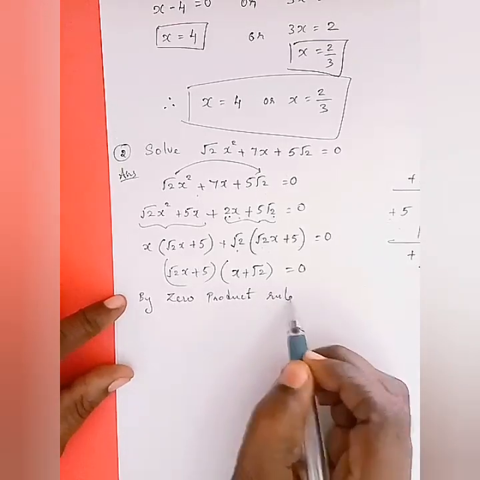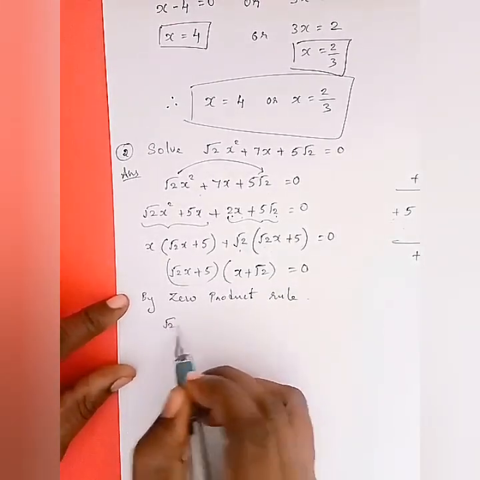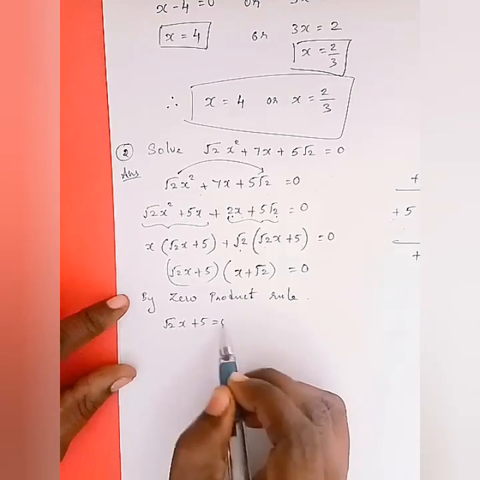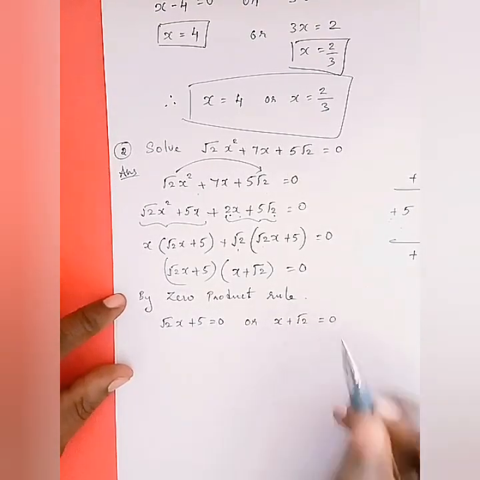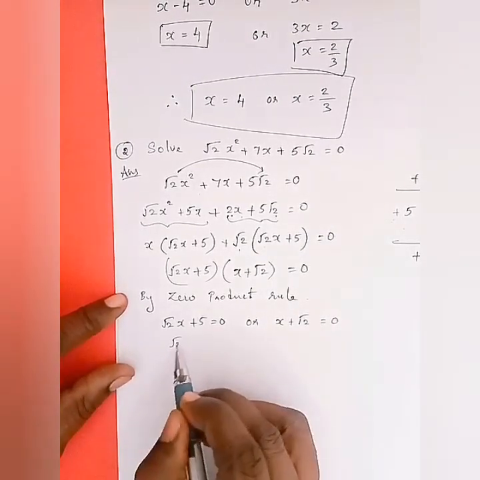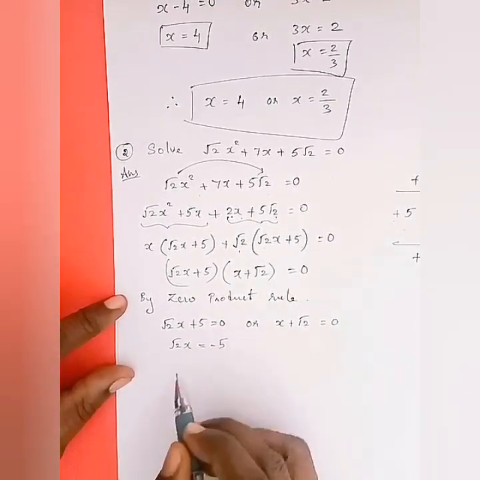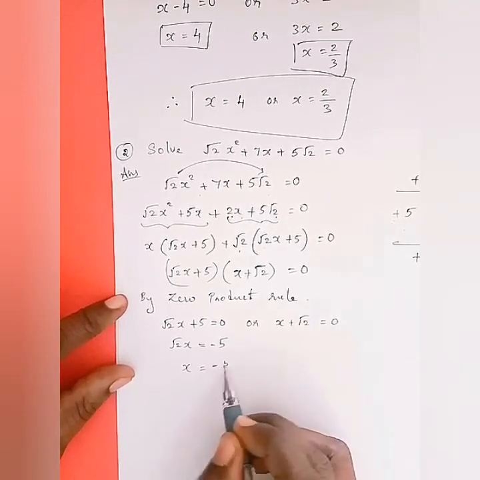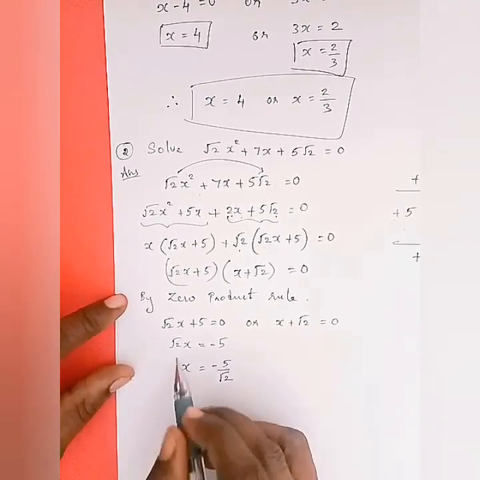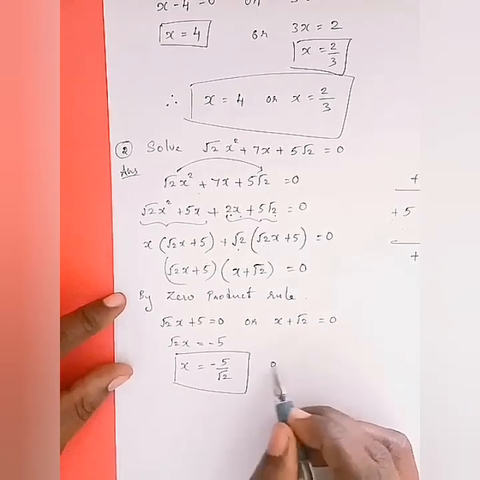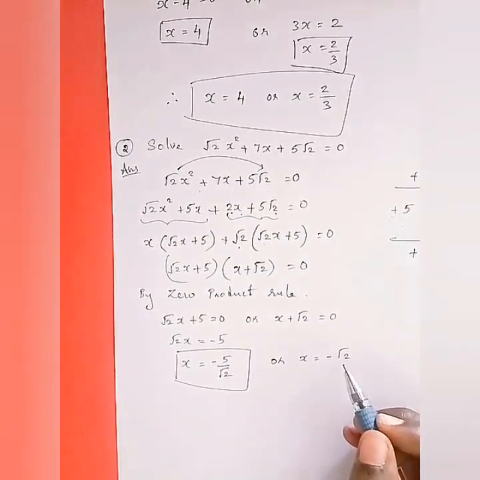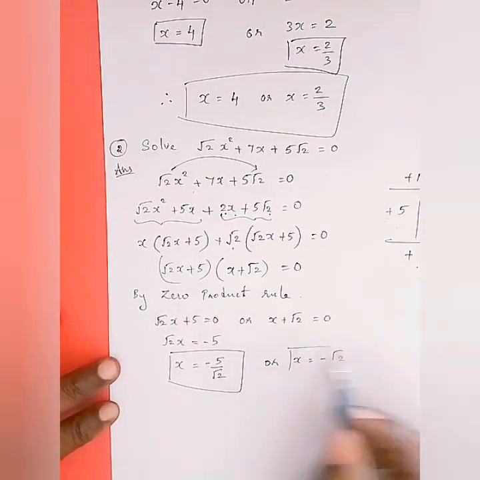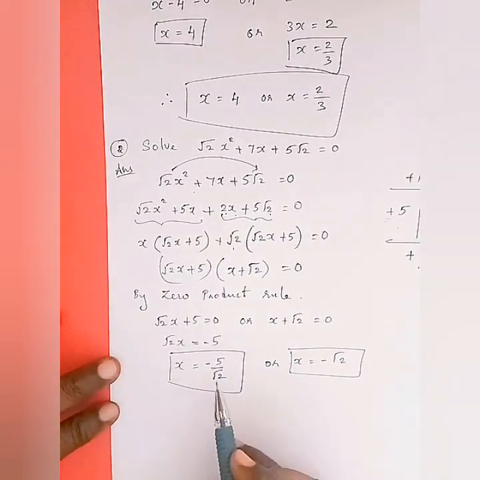rule, square root of 2x plus 5 is equal to 0 or x plus root 2 equal to 0. That means square root of 2x is equal to minus 5, that is x is equal to minus 5 by square root of 2, or x is equal to minus square root 2. So we got the answer as x equal to minus square root of 2 and x is equal to minus 5